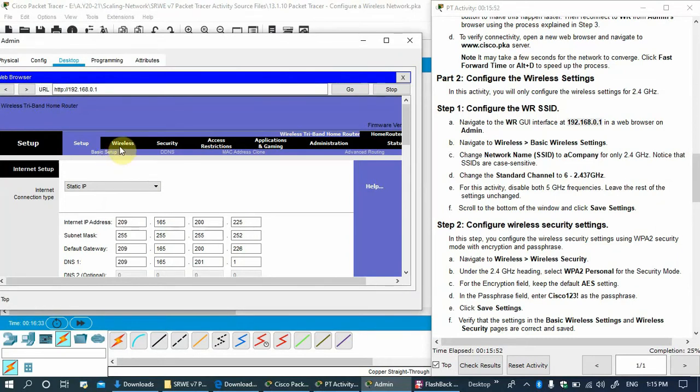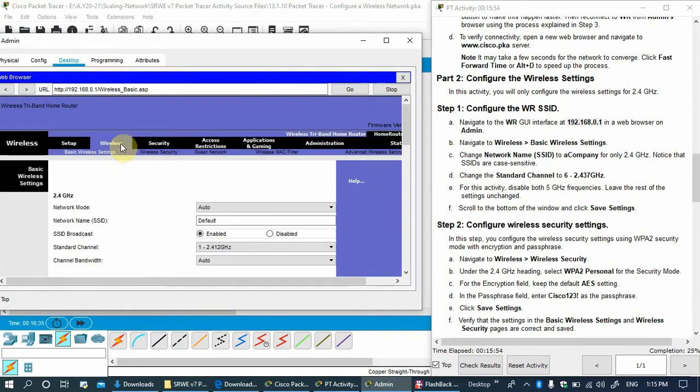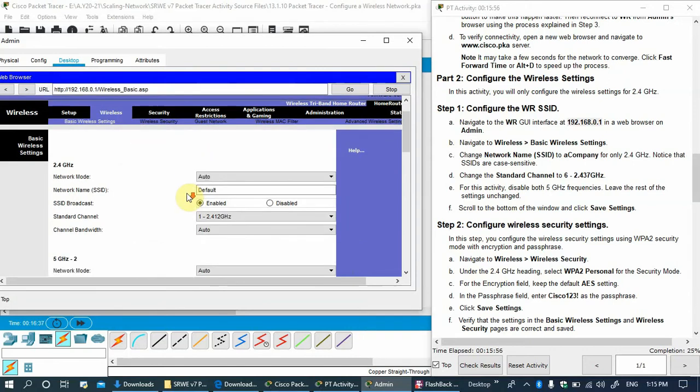Wireless basic setting. Here we set network mode to auto, and the SSID is a company. We just need to enter this SSID. It's case sensitive, so it is better to copy and paste so you will not make any mistake.